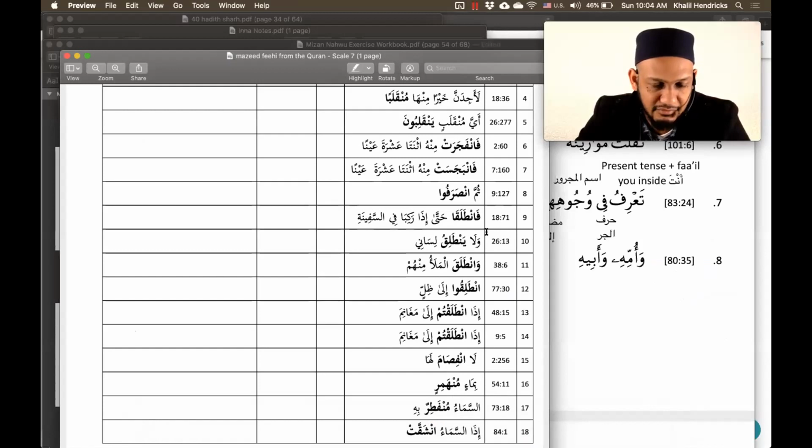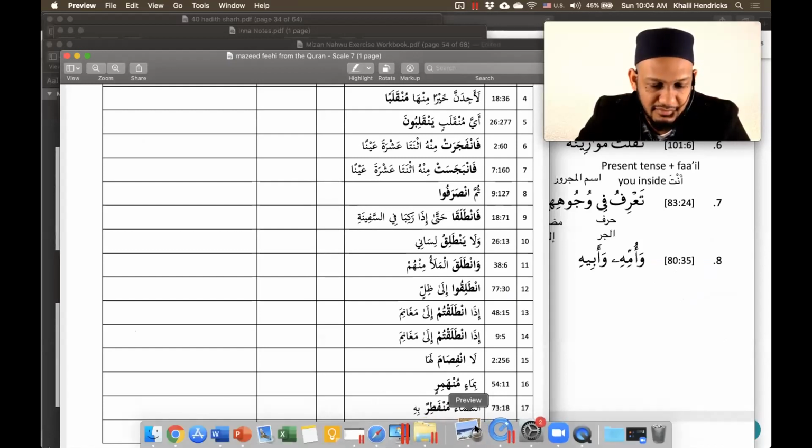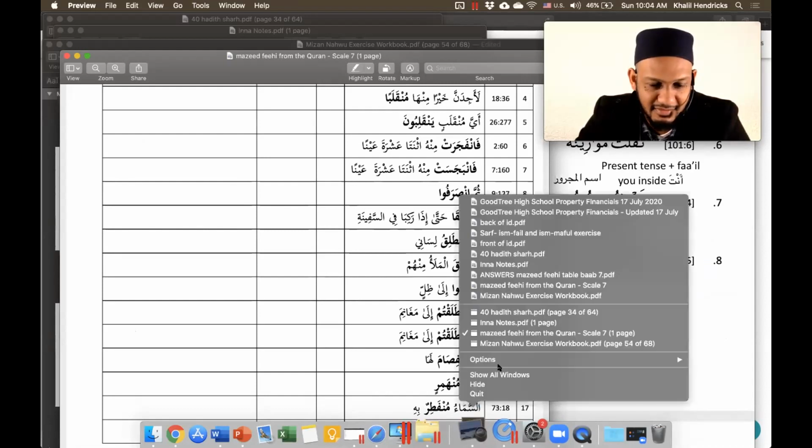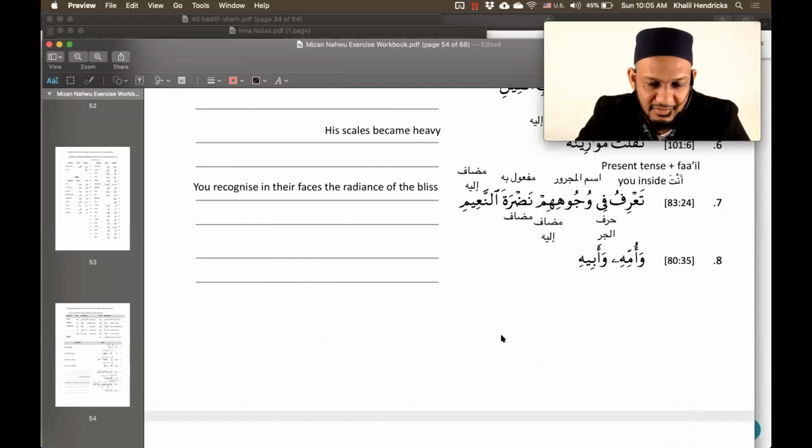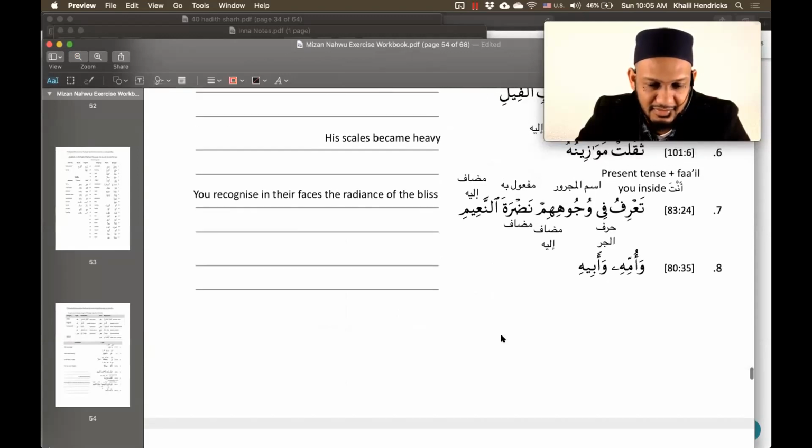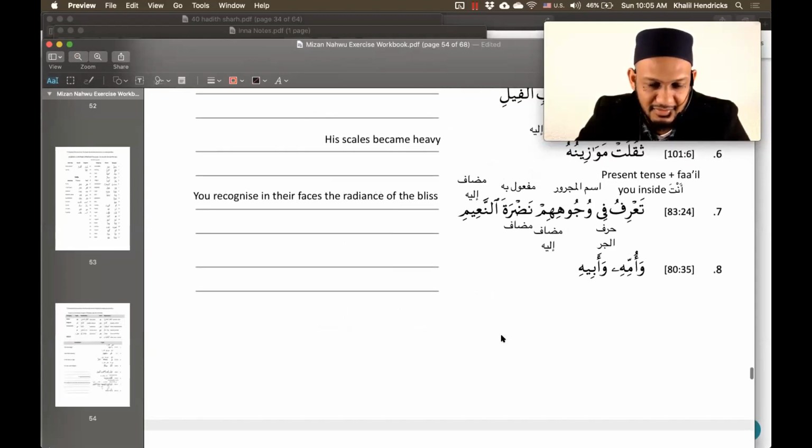Maulana, I didn't hear that fully, but some of the examples were very hard to label. I was looking at the translation on Quran.com, and I couldn't even label it from the translation, because it's sort of an isolated part of a verse. And then, as you said, you'd find the part of the sentence in maybe the previous verse or something.